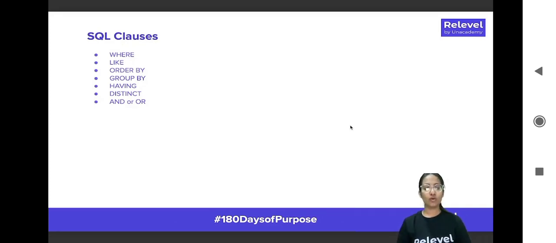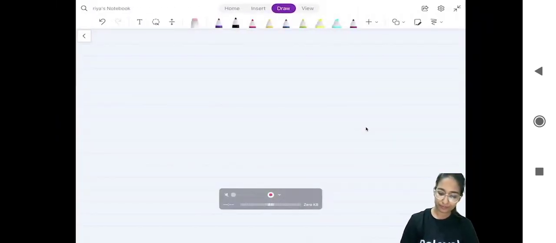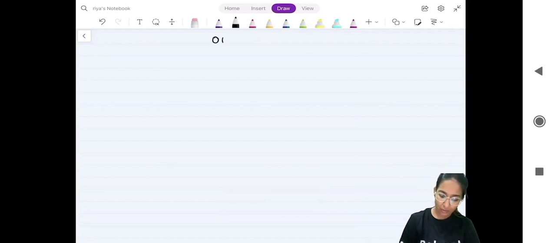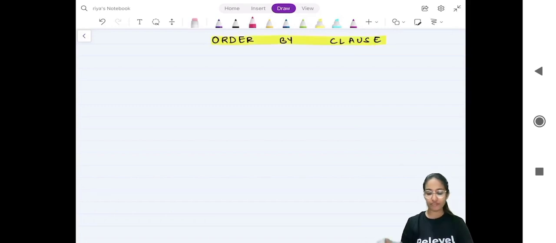So in this video what we are going to do is talk about the order by clause, and we will see how exactly the order by clause works. One suggestion that I always give, and will give here as well: when you're trying to learn the clauses, try to understand the name of the clause, because the name will tell you a lot, and approximately everything that is going to happen using that clause or what functionality it provides. So remember, order by clause